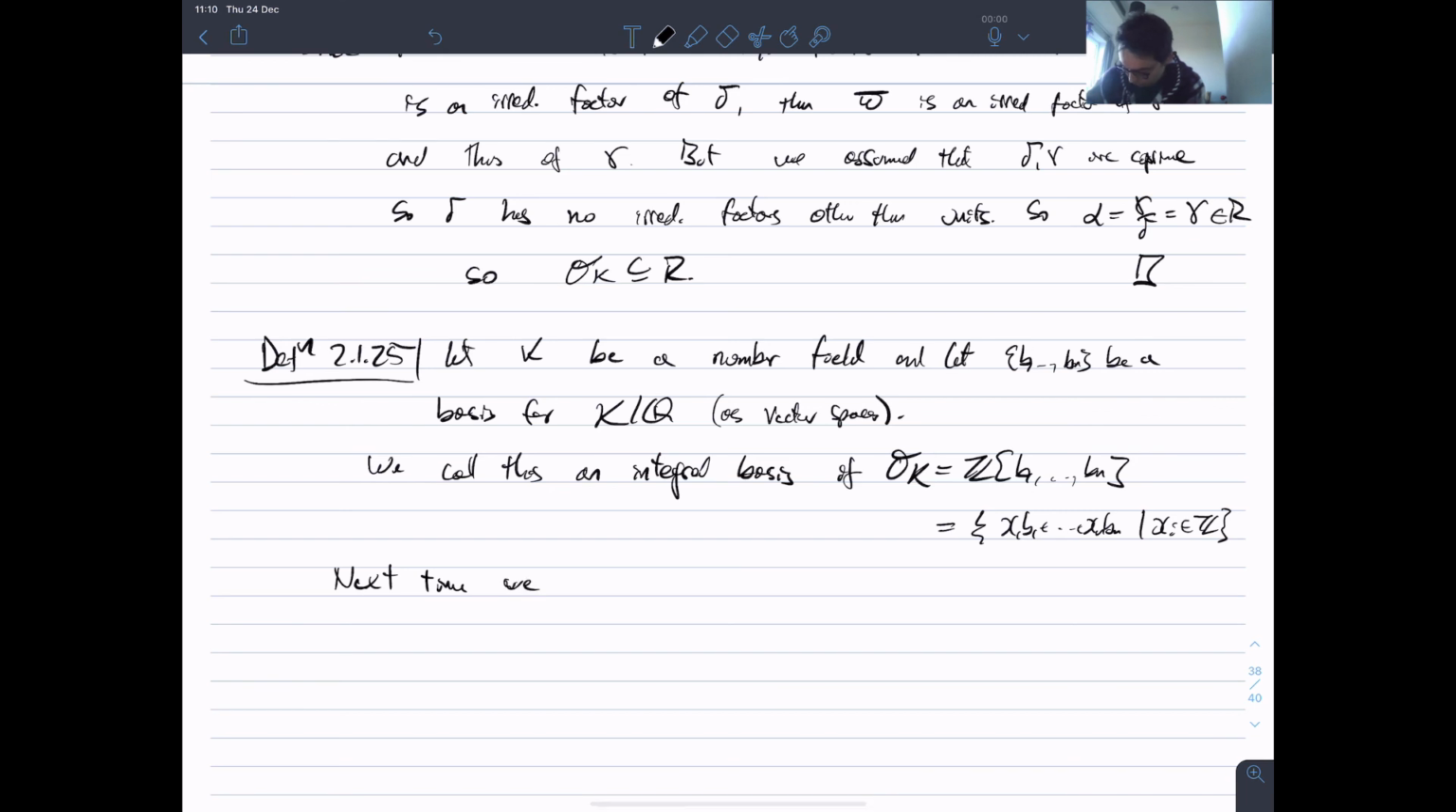So we'll look next time. We will begin to start to look for ways to find such bases. Okay, and that'll do it for